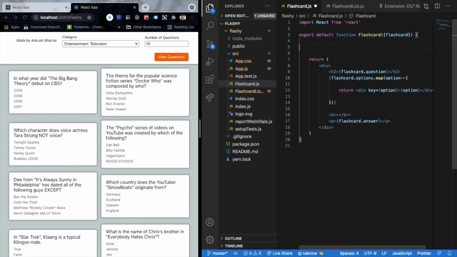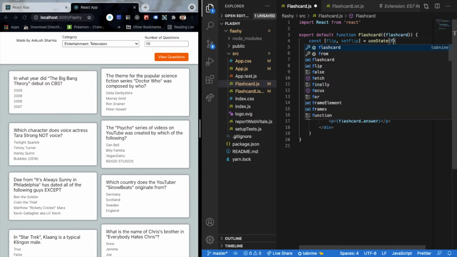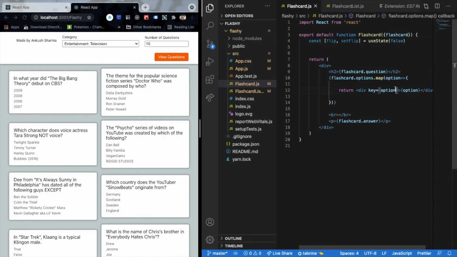So we'll be using a hook over here to set our flip rotation. So what I would want to do is specify a useState hook, and over here I want to initialize the flip basically. Now our initial state, as I said, would be false, which would mean that we haven't flipped our card.